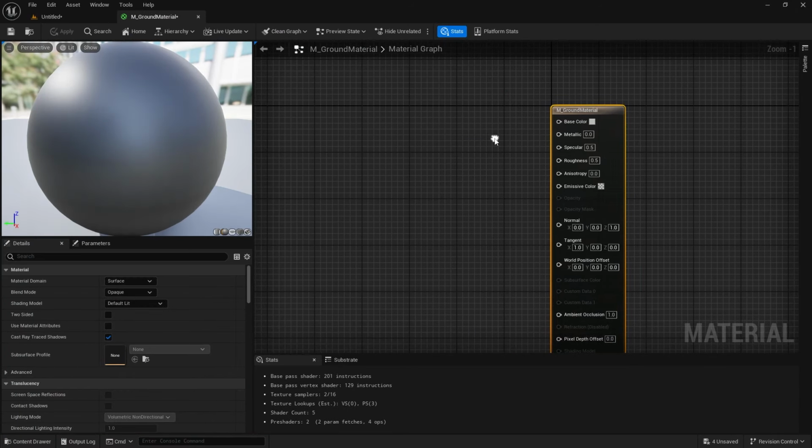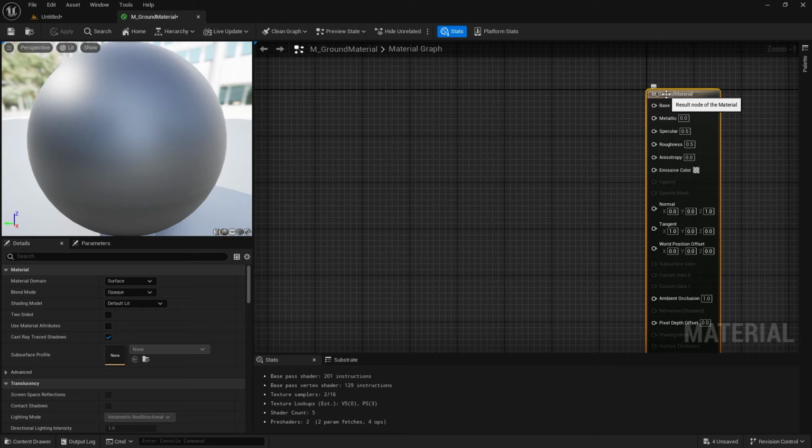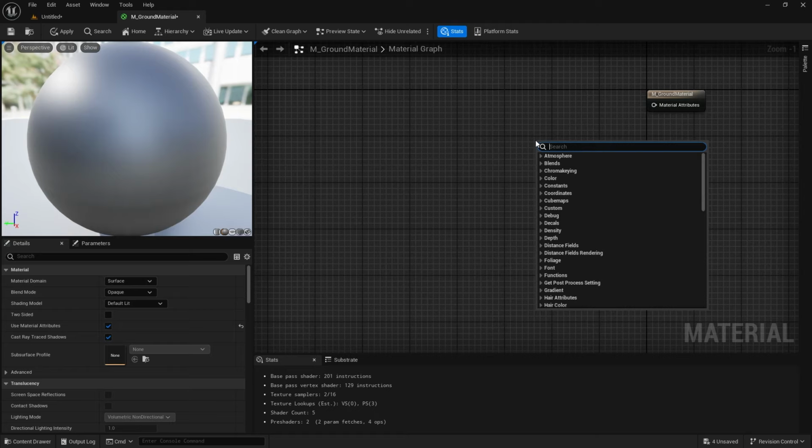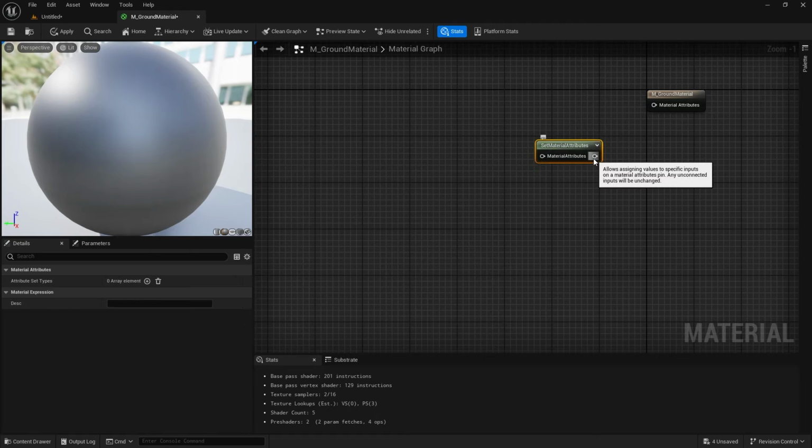Now we are going to create some texture samples so we can attach them to base color and all that stuff. For that, we are first going to click on this and close all these nodes. We are going to do it by using the material attribute. Now you can see we can only see a material attribute here. Now let's add a set material attribute so we can connect it to this material attribute. So let's press tab here and type set material attribute